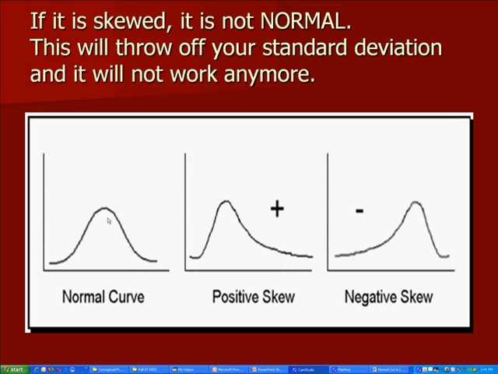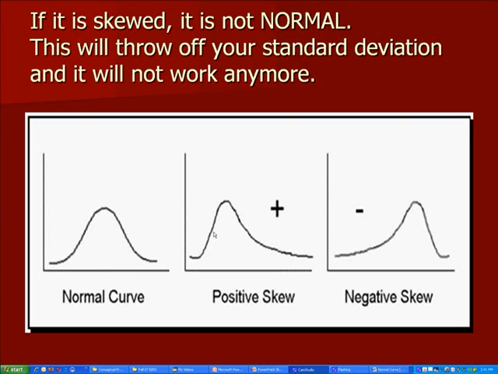And the most common example of this is IQ scores. The average IQ score is 100. Most people have that, and they're right here. People that are really, really smart, well, there's not near as many of those, so we have less of them, and their scores are up here. People that aren't quite as smart, we don't have quite as many of those either, so their scores are down here.